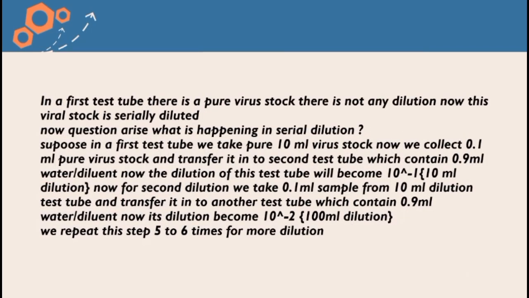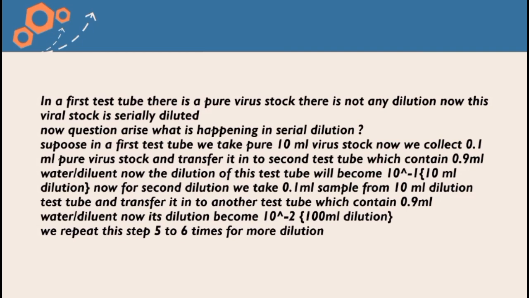In the first test tube, there is a pure virus stock. There is no dilution. Now this viral stock is serially diluted. Now the question arises, what is happening in serial dilution? Suppose in the first test tube, we take a pure 10 ml virus stock. Now we will collect 0.1 ml from the virus stock and transfer it into a second test tube, which contains 0.9 ml